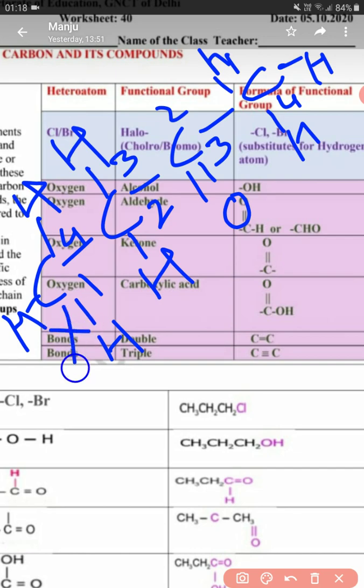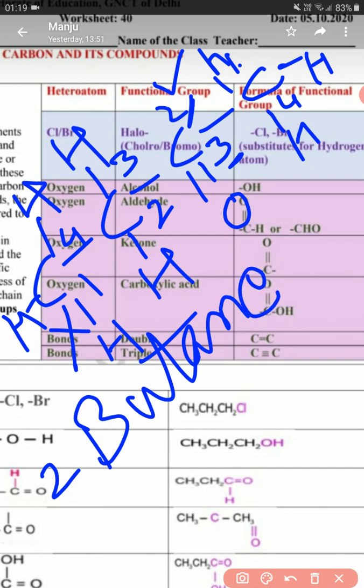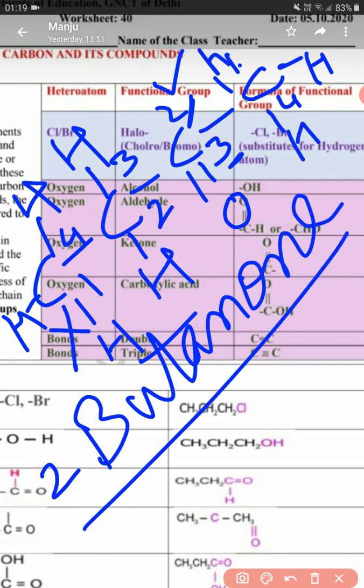So the lower one is not correct because the ketonic group is getting the number 3, and if we start counting from right to left, it is getting the number 2. So that means this counting is correct, and the name will be, as on second carbon the functional group is present, we can write the name: 4 carbon atoms means butane, and this E is replaced by ONE. So this is known as butanone, 2-butanone. So in this way we can write the name of these compounds.